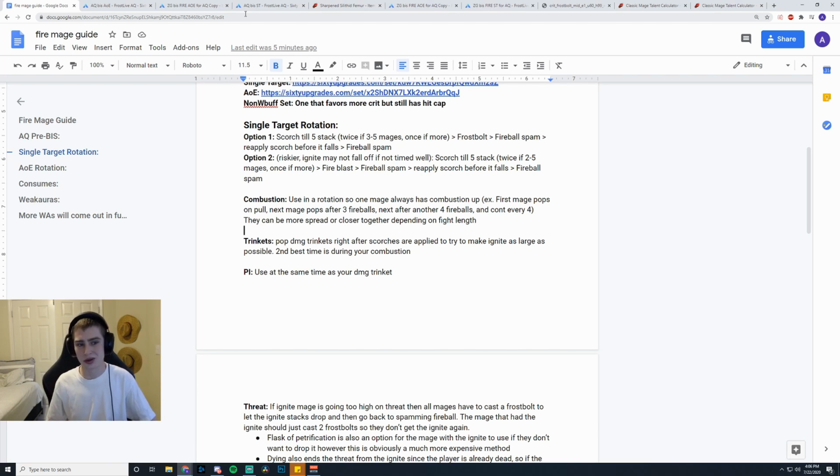A good way to kind of separate them is based on number of fireballs cast. So you could have the first one do it right on the pull. They can even do it before the pull and do a few casts on some trash to make it so they have a guaranteed crit. But that's not really needed because you're going to be casting scorches anyways. So generally you can just pop it right at the start, cast your 2 scorches into your frostbolt or fire